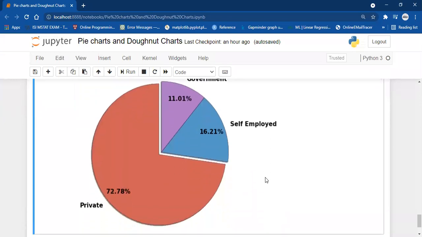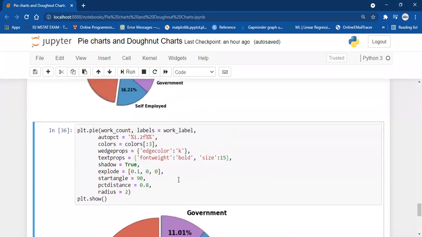Okay, so we have created a pie chart and we have customized it, and we have used almost every parameter that you should be knowing about pie charts. Now, let's just say why pie charts, in what circumstances, and what type of data pie charts are not useful.